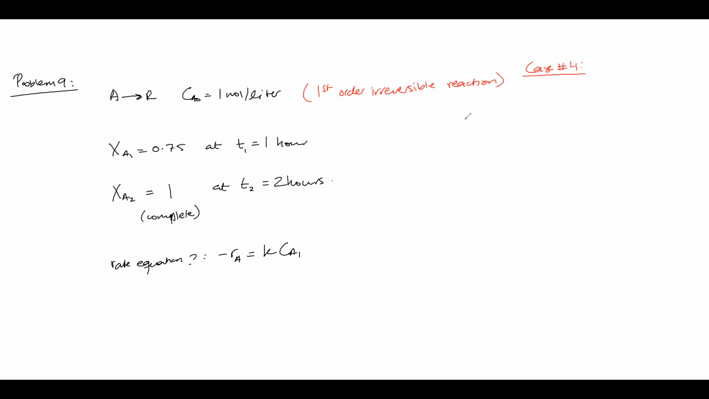If you recall, we said the governing equation for case number 4 is C_A0 to the 1 minus n, or let's use the same notation we used last time, into (1 minus X_A) to the 1 minus n, minus 1, is equal to (n minus 1) k t, right? And you have two scenarios. You have two equations, two unknowns. You can either use one to find k and then,